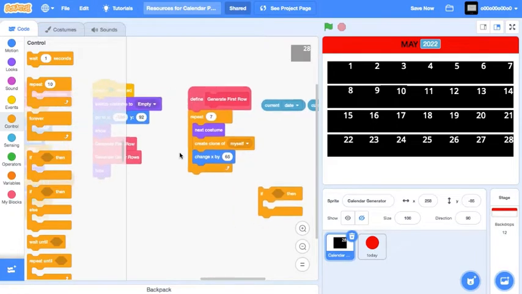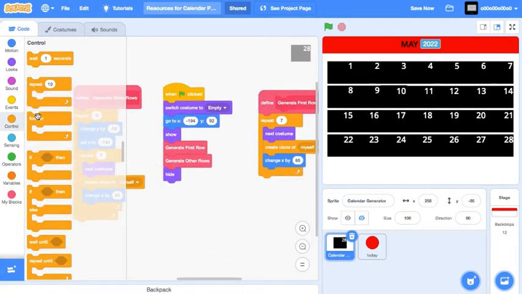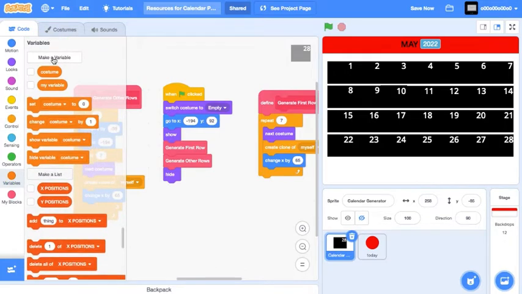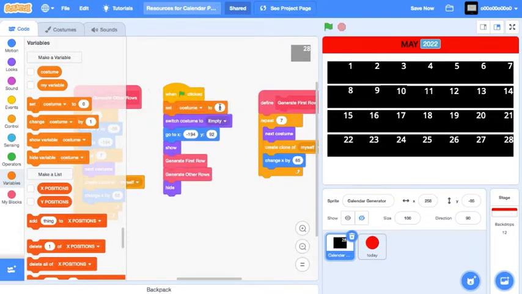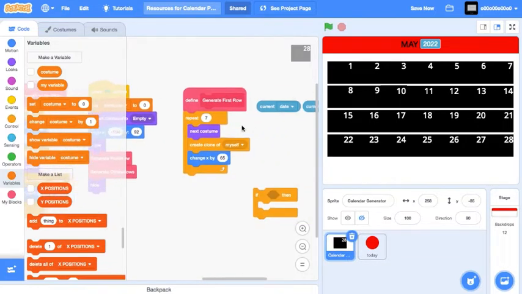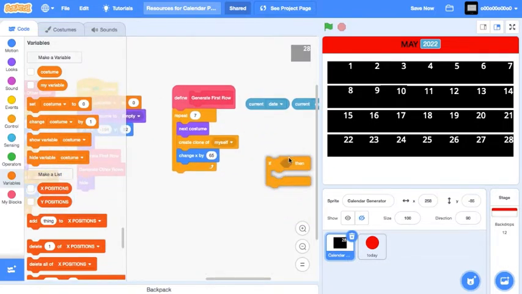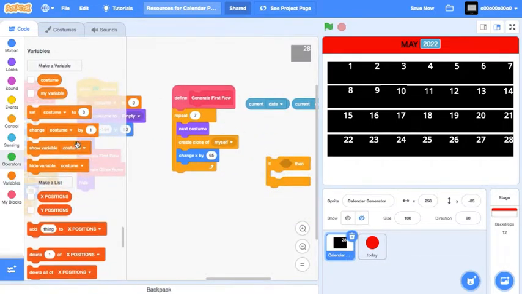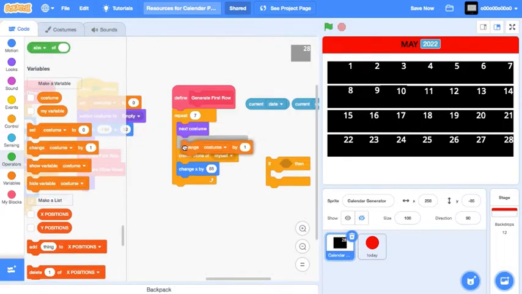So first, we should create a new variable costume. It's already there. So set costume to 0, and then every time we change a costume, we change costume by 1.